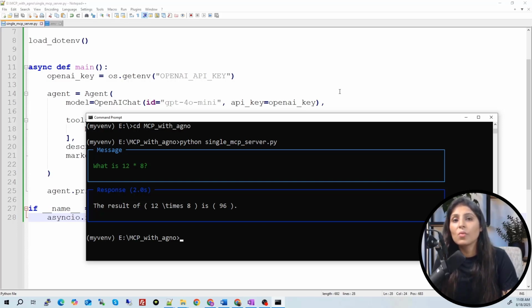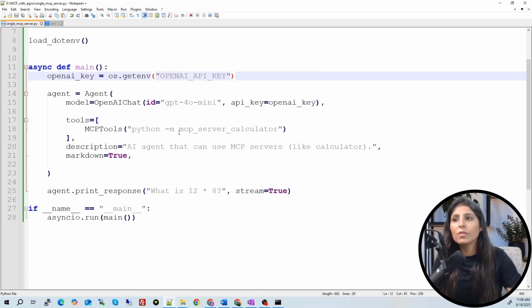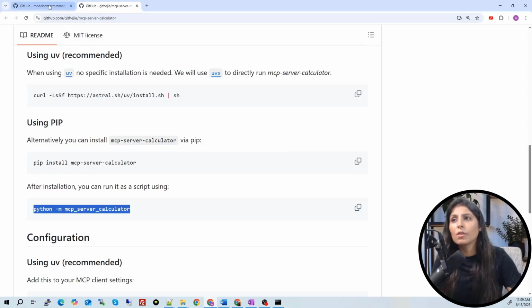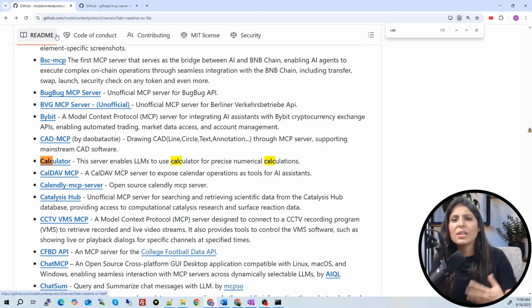Right now, the single MCP server is working on your local machine. Now let's work with one more server. We have one server over here. Now let's connect this same code with one more server. Right now we are using only one MCP server, but how do we work with multiple MCP servers? In this same code, we will connect with one more MCP server, and see how this agent works with multiple MCP servers. For that part also, I am picking the MCP server from this GitHub repo, because it will be easier and faster to show. After that, we will see how to create our custom MCP server.